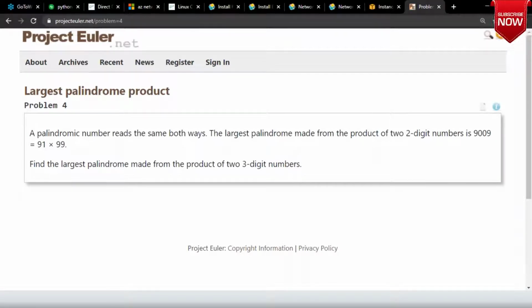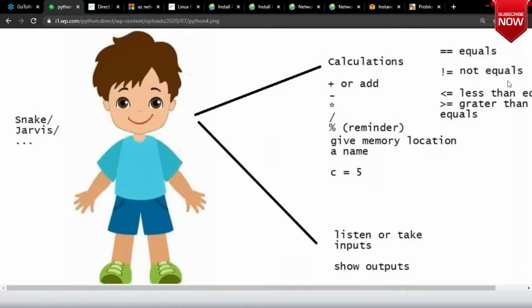Okay. Again, Jarvis's capabilities. Don't try to assume too much. Jarvis doesn't know much. Jarvis only knows these things. Am I clear on this, sir? Will you try? Sir, I don't want answers, sir. I want your logic. I'm not interested in your answers. If you're expecting me to tell the answers, I can immediately write the code and show you the answers. Right? Our exercise is not answers. Our exercise is your logic, which you are speaking with this Jarvis. Your approach, how we are speaking with this kid.